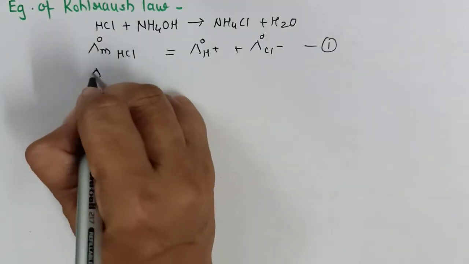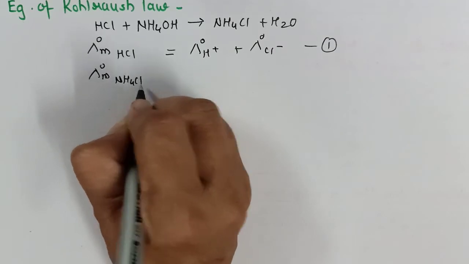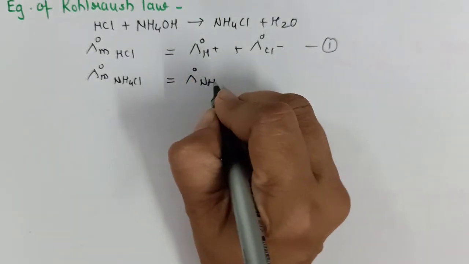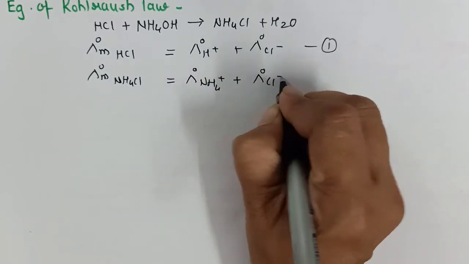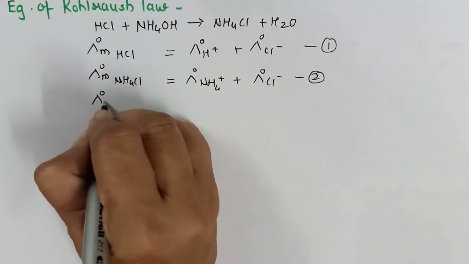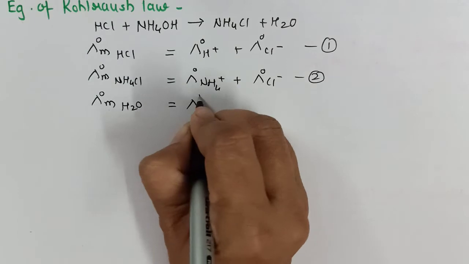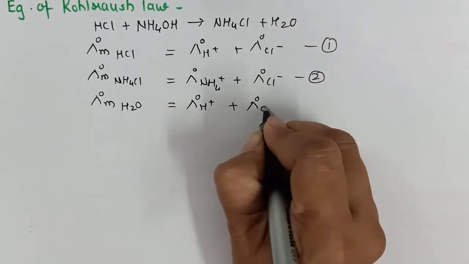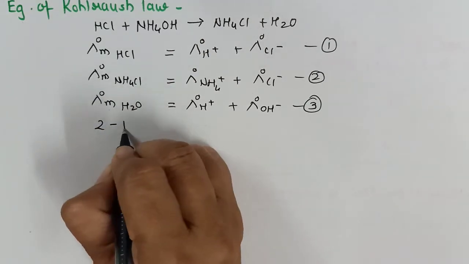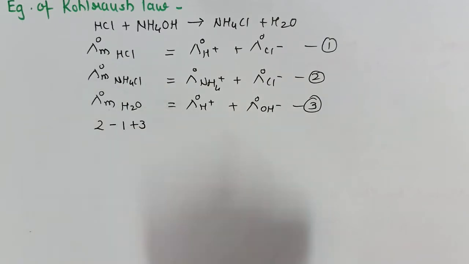For NH4Cl, now you might think that although Kohlrausch law is for weak electrolytes, here I am considering a strong electrolyte. It is because in the statement itself it is given that for any electrolyte, and therefore we are using this example. As well, we have to remember that on dilution, a weak electrolyte tries to behave like a strong electrolyte, and therefore it tries to proceed towards alpha equal to 100%. Okay. Now when we know the independent values, how can we use that? I will subtract the first equation from the second one and add the third.